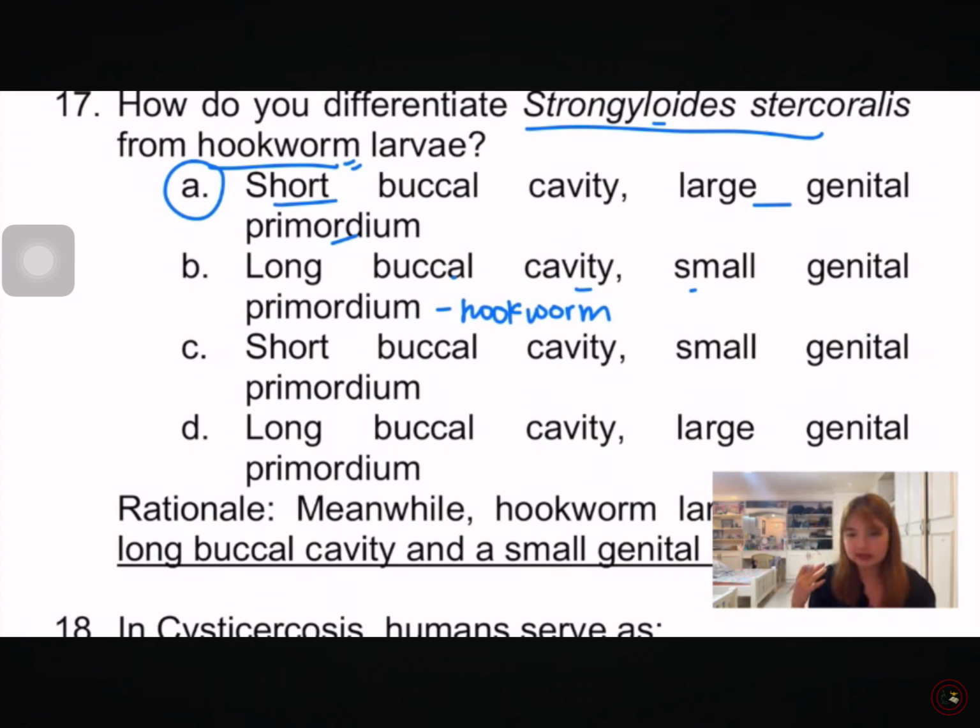Yung ginagawa kong palatandaan dito para hindi ko makalimutan. Strong siya. So large yung genitals niya. Like large, big balls. Strong ka, big yung genitals mo. Big yung balls mo. So, yun, kaya like kong tatandaan to. Strongyloides stercoralis, large genital primordium. Alam ko na nun na short yung isa, tapos small genital primordium, long yung isa, naman yung sa hookworm. So, yun lang yung kailangan